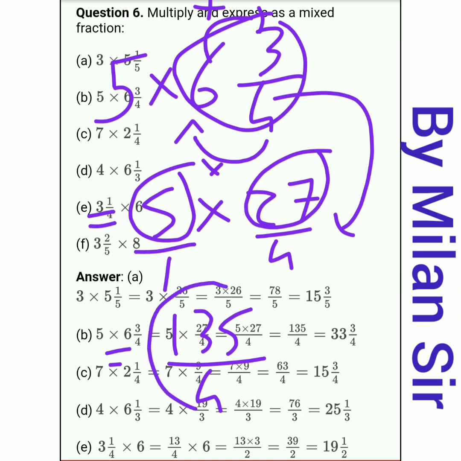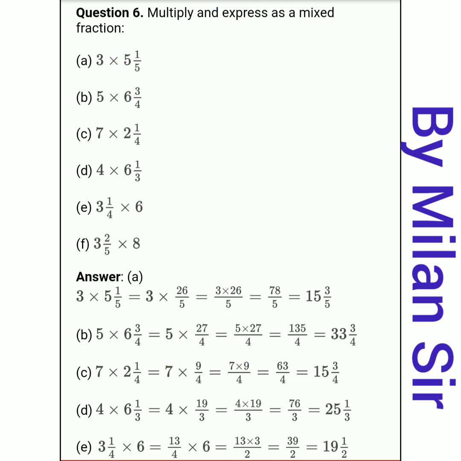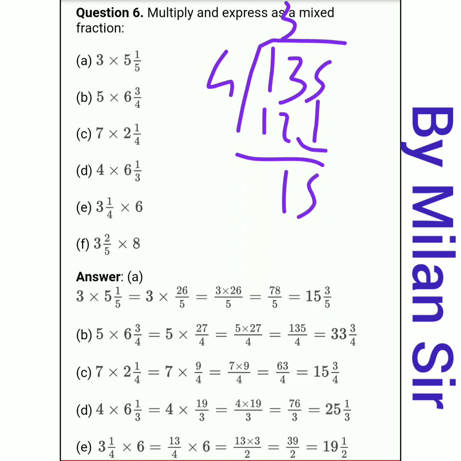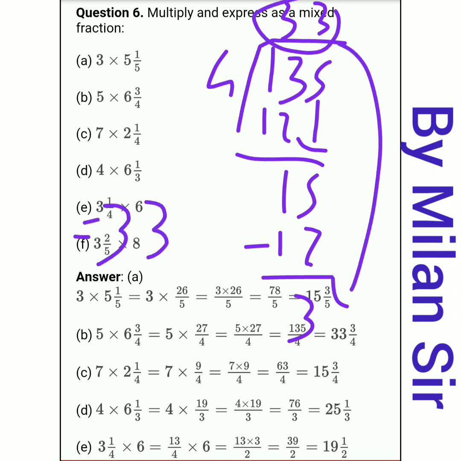So this is improper fraction, 135 by 4. So we can convert it into the mixed fraction. So just do the division process. 135 by 4. So 4 3s are 12. 1 5 15. Again 4 3s are 12. Remainder 3. So we need to write the integer number first, 33. Then we need to write this remainder, and after this denominator as it is. So finally we get 33 integer 3 upon 4. Okay, 33 integer 3 upon 4.